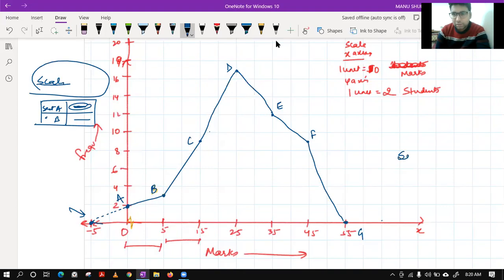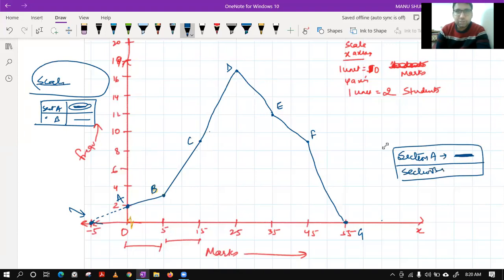Section A is shown by this color. Like this, you can make a box on the right hand side. Then you will write for section B also in the same way. Suppose you have taken this blue pen, yes, blue is not used now. We can use red also for section B. And now you can use the comparison. I hope this one is clear to you.